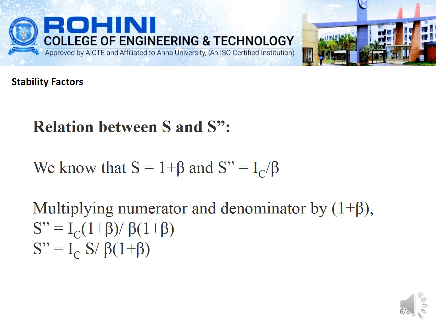We can multiply the numerator and the denominator by the term 1 plus beta. So this equation becomes S double dash is equal to IC of 1 plus beta divided by beta of 1 plus beta. You can cancel this term. You will get S double dash is equal to IC into S divided by, since we know that the stability factor S is equal to 1 plus beta, you can substitute this value here. So S double dash is equal to IC into S divided by beta into 1 plus